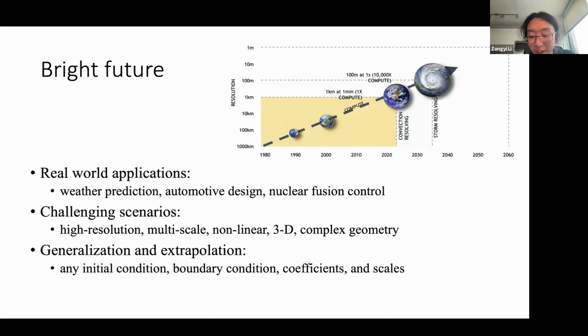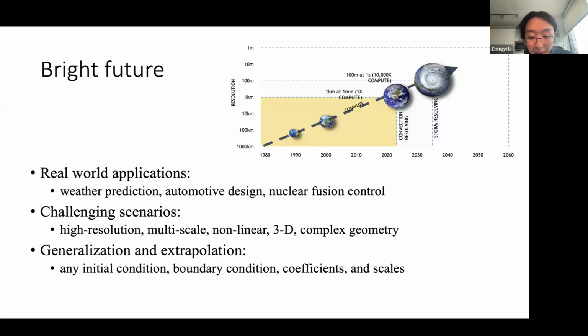Overall, I'm very optimistic about AI-accelerated computing. We're delivering real-world applications such as weather forecasts. It can also be used in automotive design or airflow design. It can also be used to control nuclear fusion for energy.